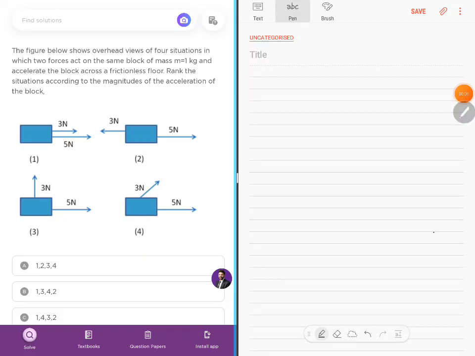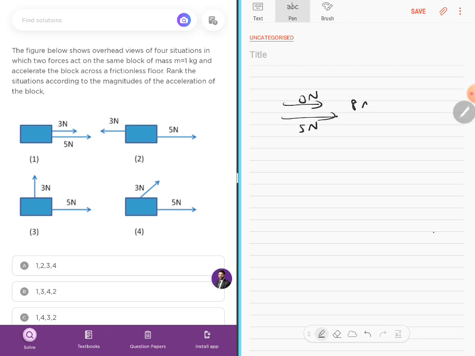So here is a question. The following figure shows overhead views of the four situations in which two forces are acting on the same block of mass 1 kg. The acceleration of the block across a frictionless floor. Rank the situations. Okay, so you know that if 3 newtons and 5 newtons are acting in the same direction,